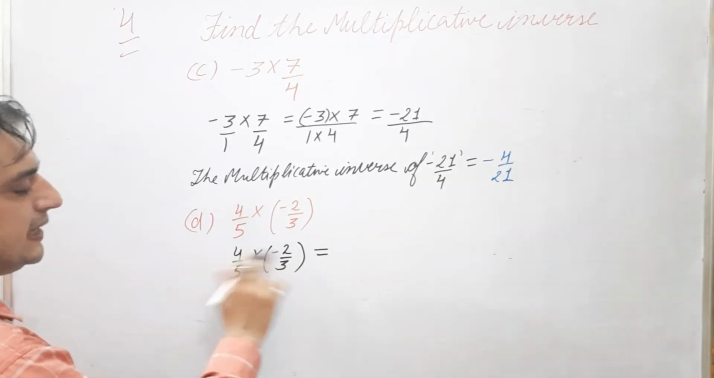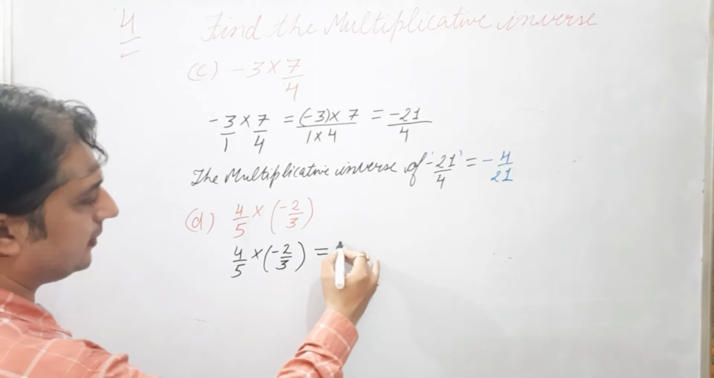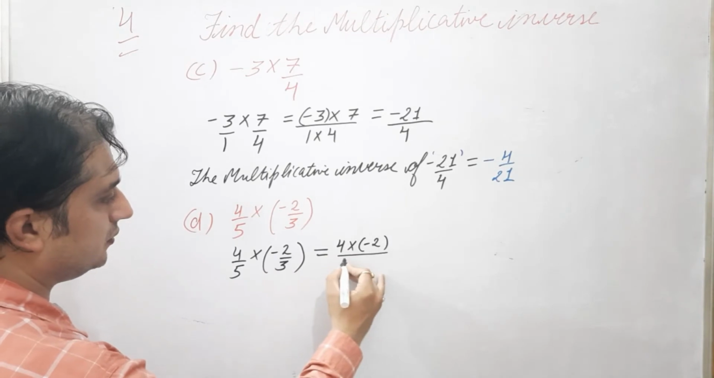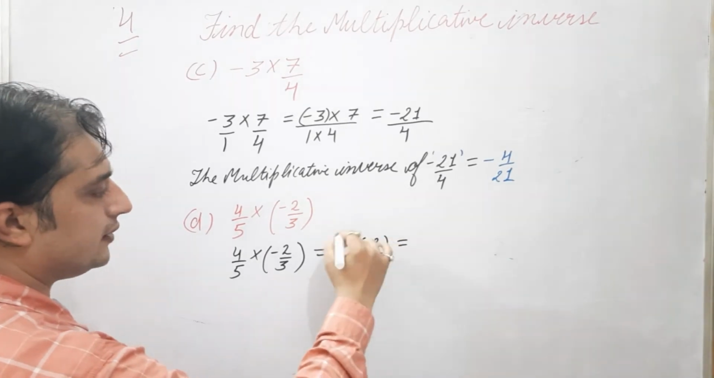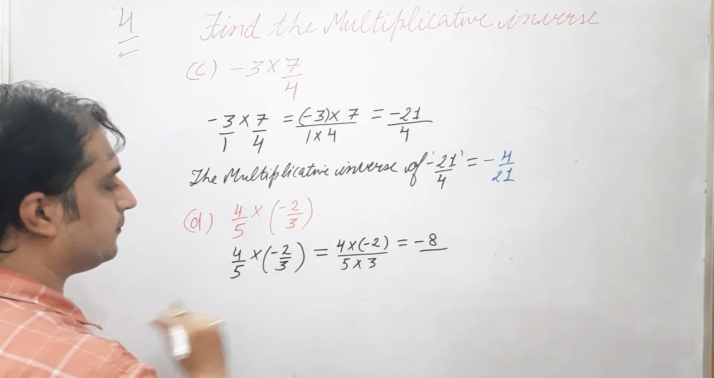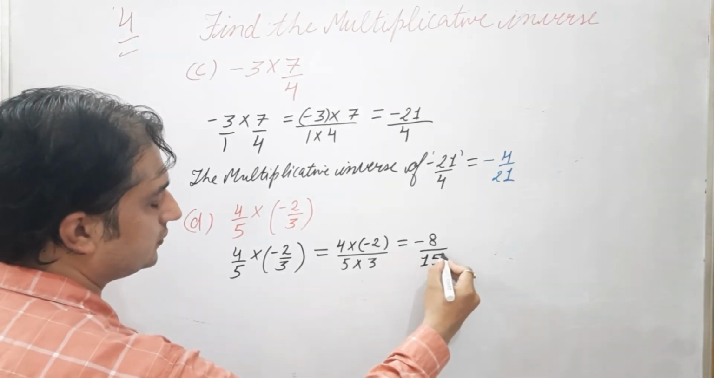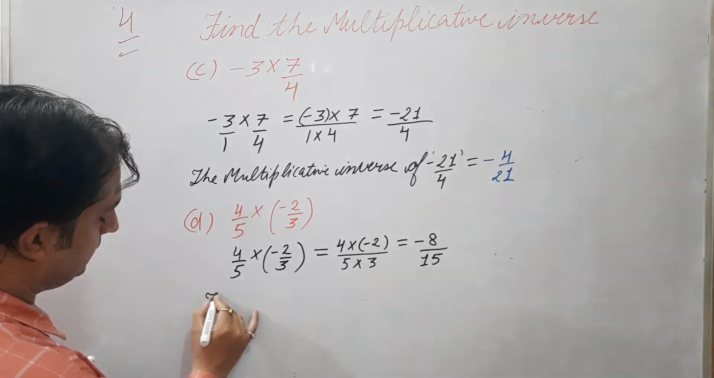Same, place the product of the numerators to the product of the denominator. So it will become 4 multiply minus 2, product of numerators, 5 multiply 3, product of the denominators. So the answer is 4 2s are 8. Positive negative number, then minus 8. Product of the positive number and the negative number is always negative. 5 3s are 15. So this is the product. The product of two rational numbers is always a rational number. Now the multiplicative inverse